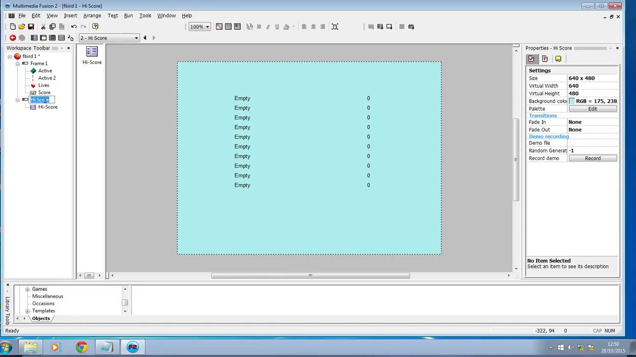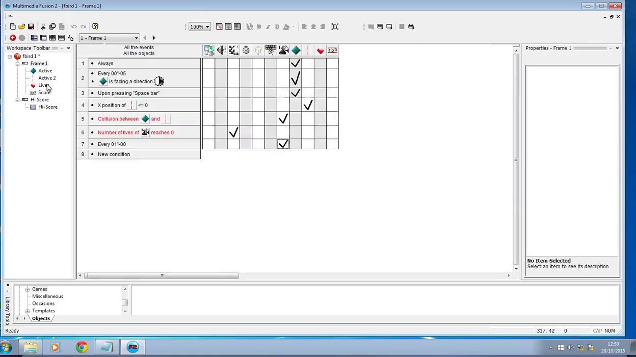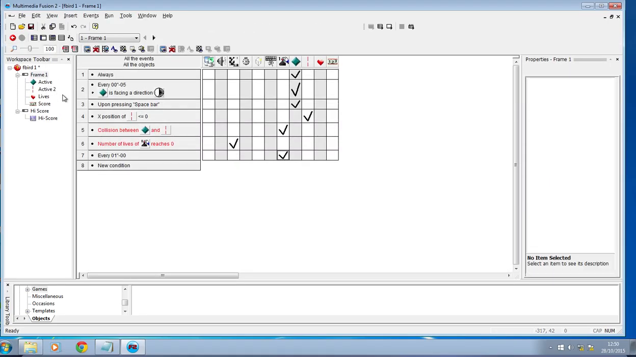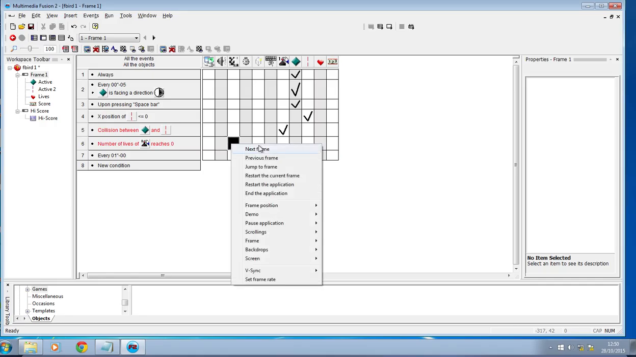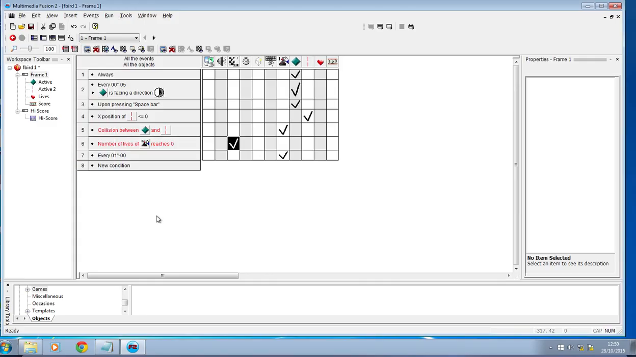It doesn't really go anywhere. So I need to go back to your original frame and Control E. And this time, when the number of lives reaches 0, we don't want to end the application, so I'll delete that. We need to jump to a frame. We could say next frame. I prefer to say what frame to jump to, so we jump to frame 2. So now if I press F8,